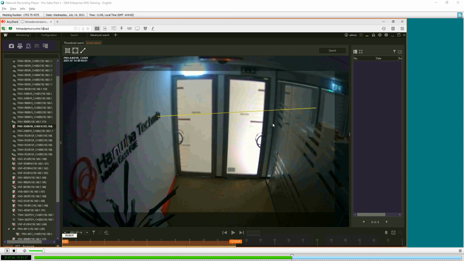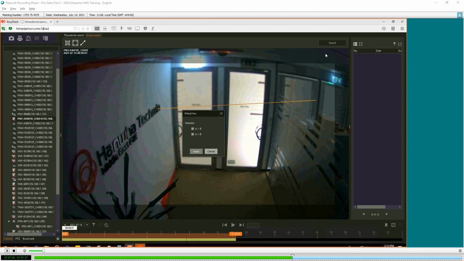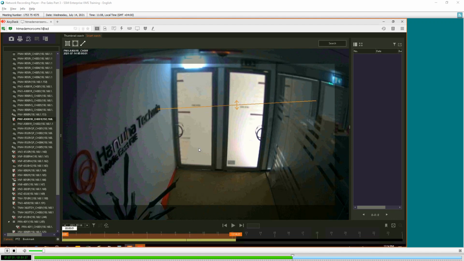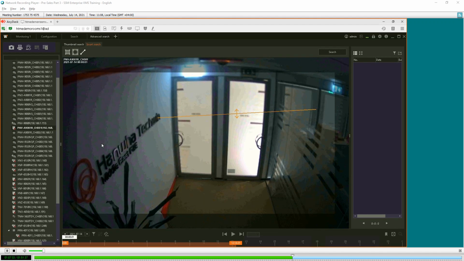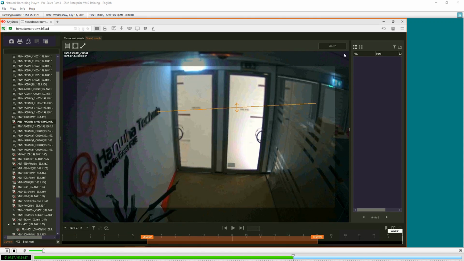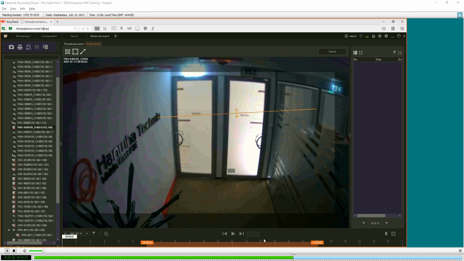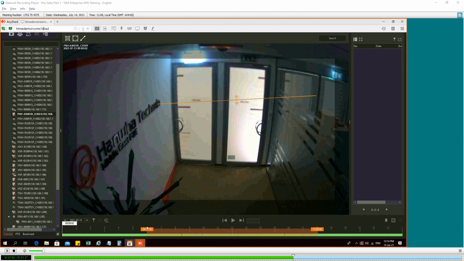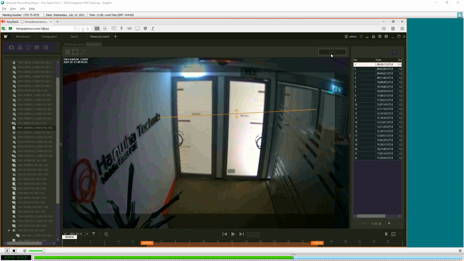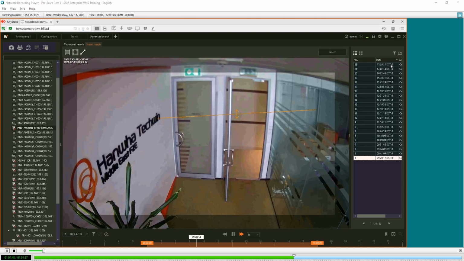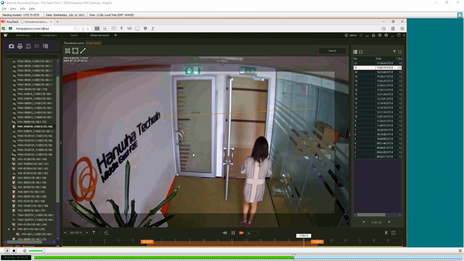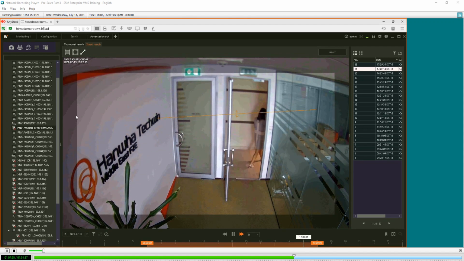Smart search allows you to find out who entered the area using metadata. So it will tell you who entered and who left, etc., based on the time that you choose. So this is metadata search.